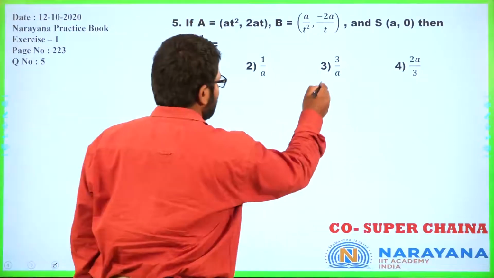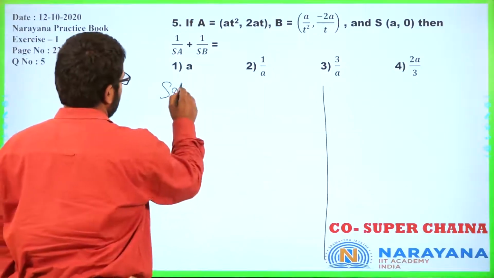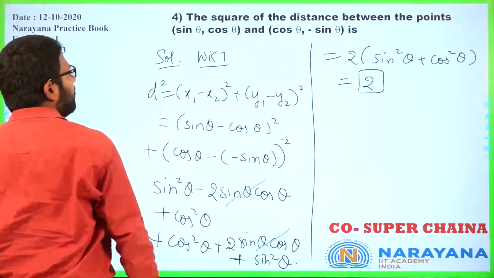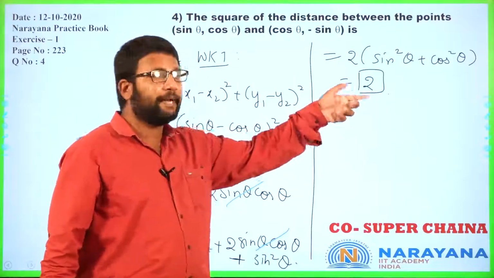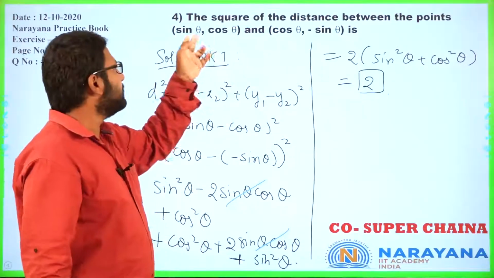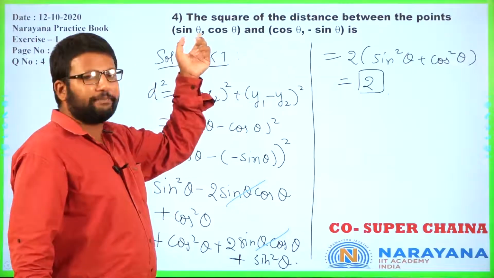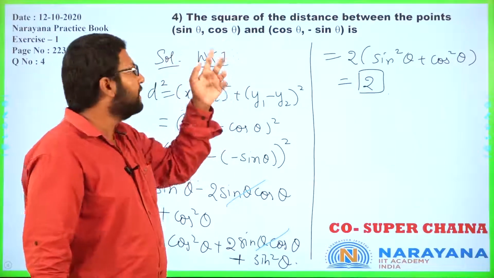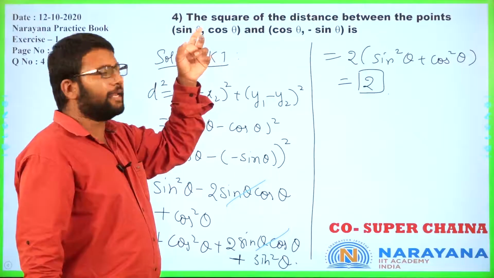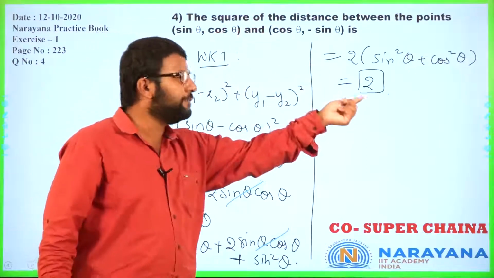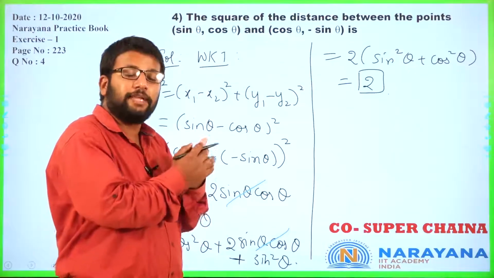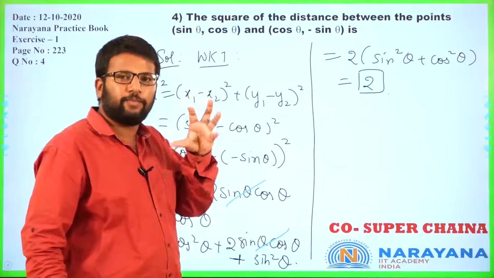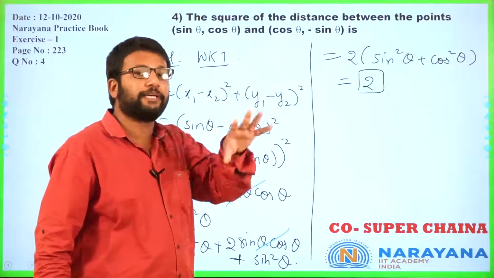Alright, if A is equal to, hold on, in the previous question, I wanted you to realize that your final answer is independent of the value of theta, meaning these are all variable points. Theta can keep changing, it can be 45 degrees, 30 degrees or 12 degrees, 19 degrees, doesn't matter. If you fix the value of theta and get these values, always the distance between them will be 2. There is a very clear geometric reason behind it, but right now you won't be able to understand it. I will just give you briefly what happens later. Probably when you get to 12th standard you will understand.